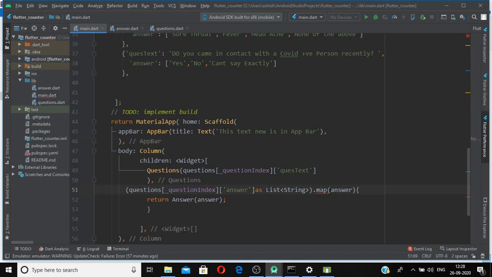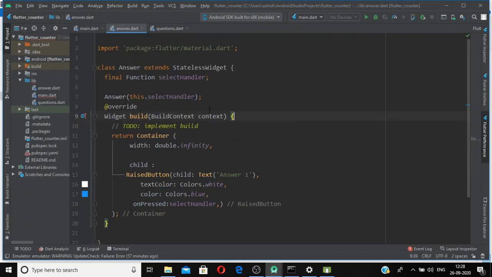We will pass this string to this method, and this method will return an answer widget. So we have a text here which we are passing to our answer widget, but if we go to our answer widget, we can clearly see we only have a pointer to a function here.